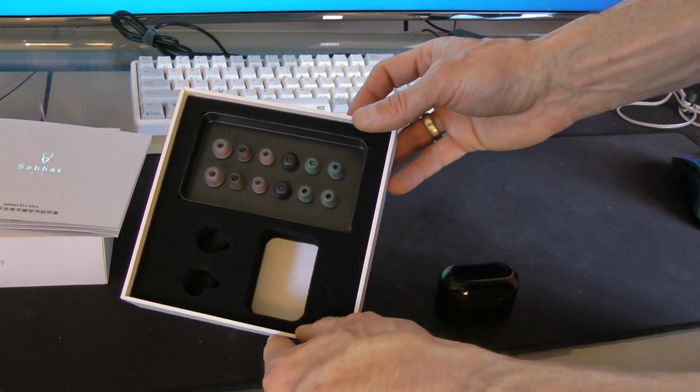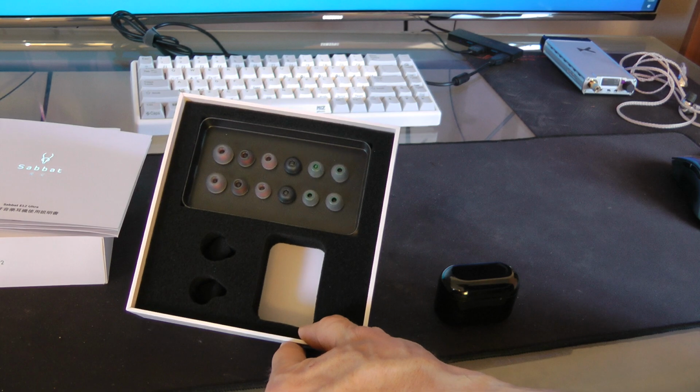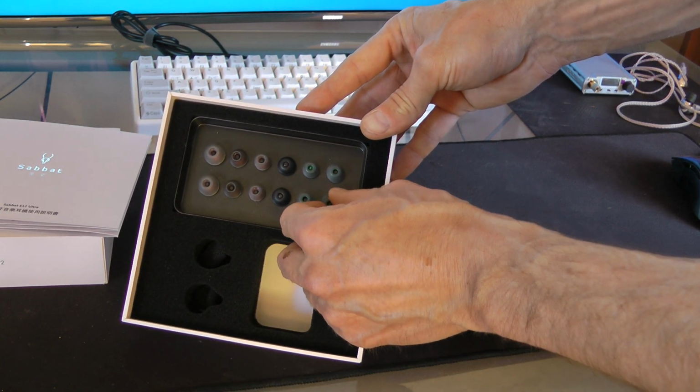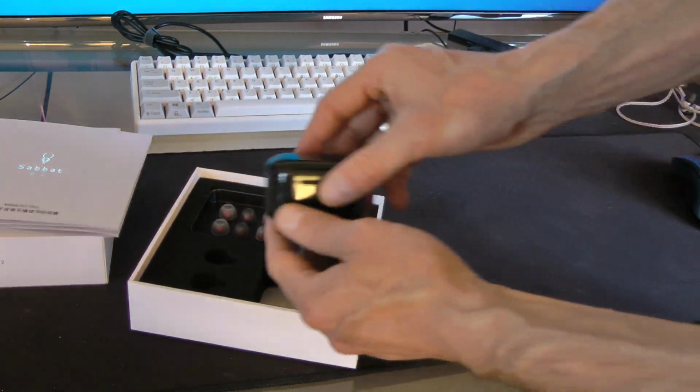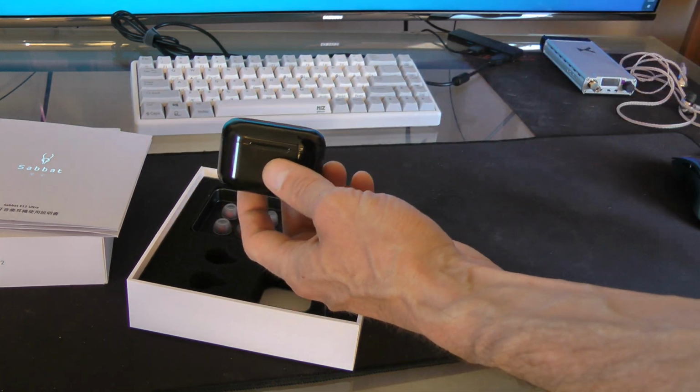Oh, by the way, let's look at the tips. Lots of tips. Most of them fit me great, actually. The bores on these are tiny, and that actually works super good for me. So there are these. The case, oh, also, by the way, the case can